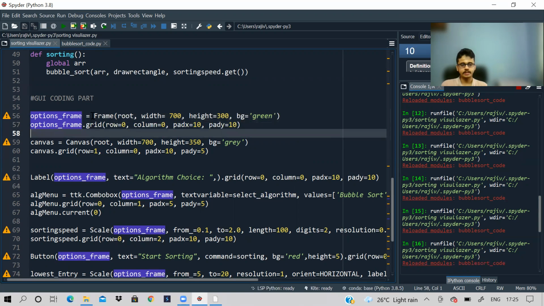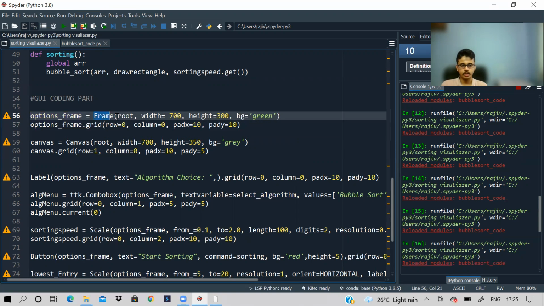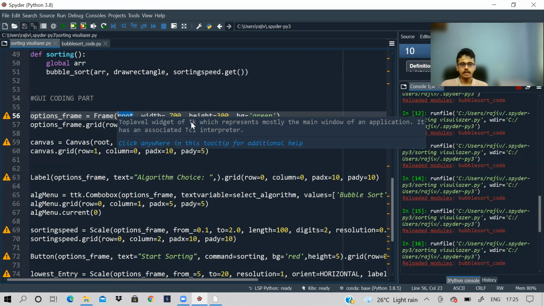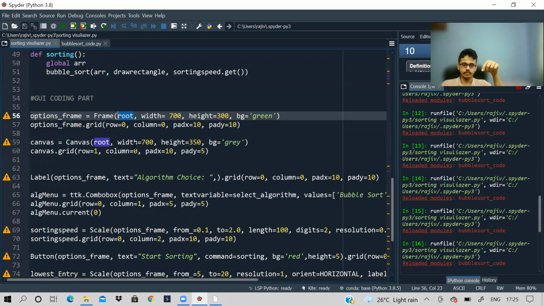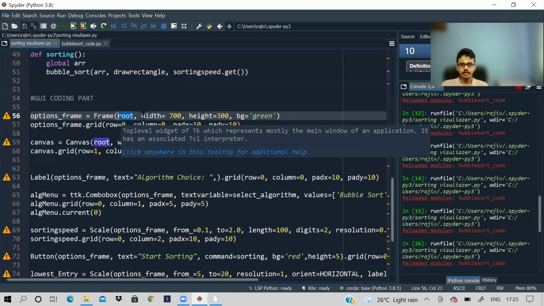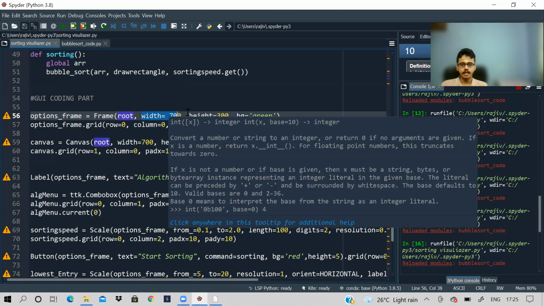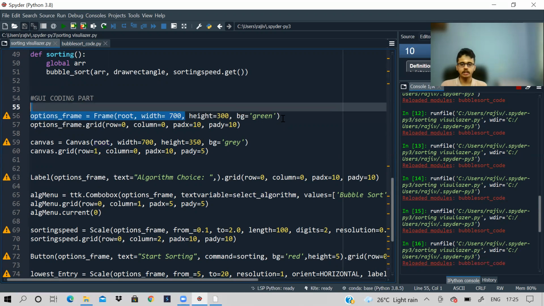So for example, this is a frame, right? So we write Frame, and then in brackets we have some attributes. What are they? First is which window it is in. It is in root. Then we will give it a width, we will give it a height, we will give it a background color. You can do different things over here. You can read the tkinter library documentation. I have shared the link in the previous video. You can take that and read that. Okay. And